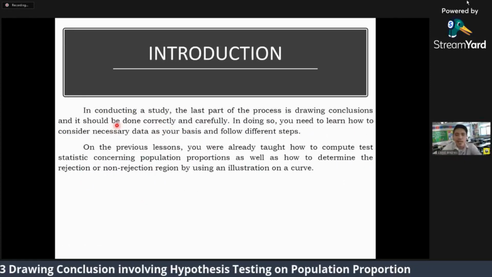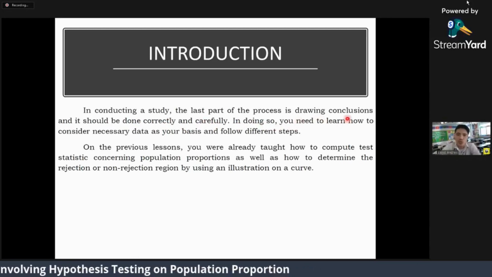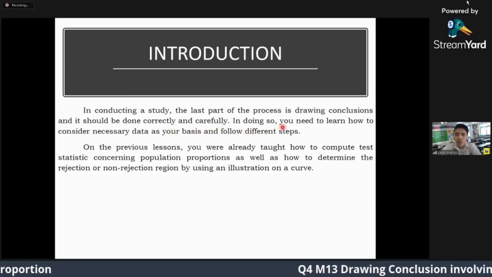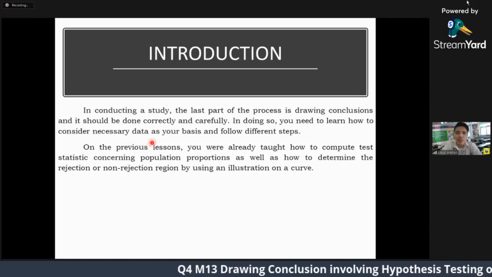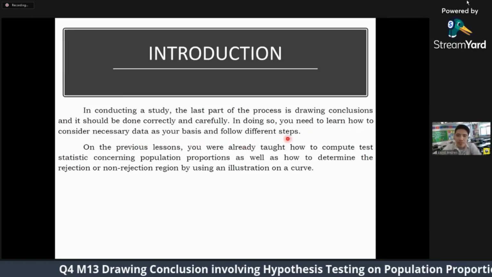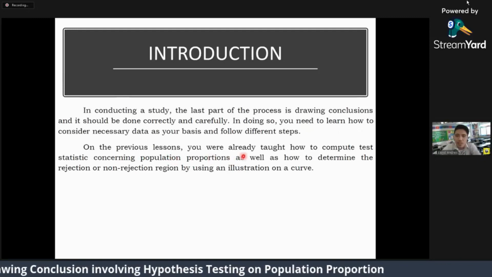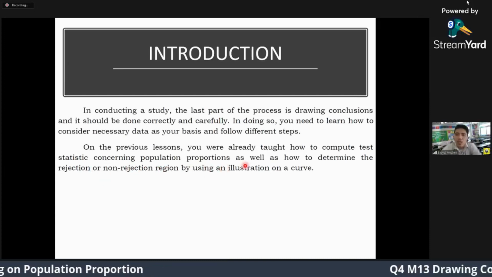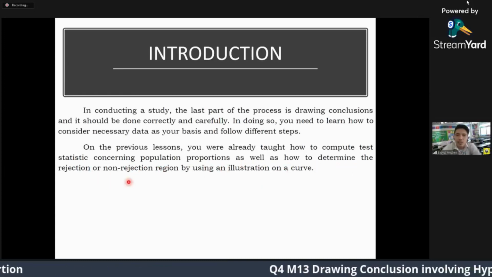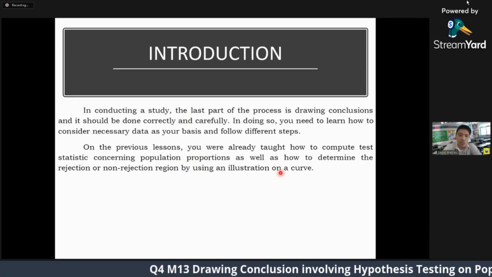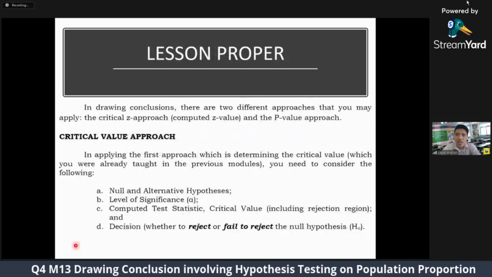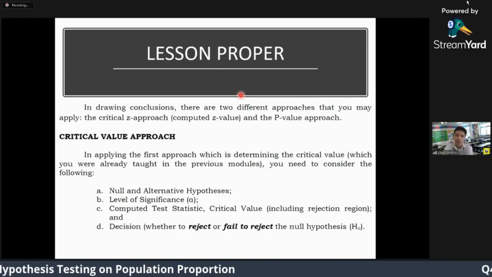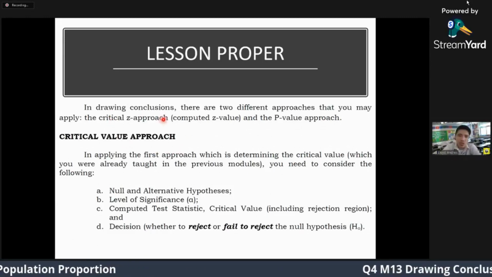So in conducting a study, the last part of the process is drawing conclusions, and it should be done correctly and carefully. In doing so, you need to learn how to consider necessary data as your basis and follow different steps. On the previous lessons, you were already taught how to compute test statistic concerning population proportions, as well as how to determine the rejection or the non-rejection region by using an illustration on the curve. So this time, we will give a decision kung mag-reject ba ta or dili. So in drawing conclusions,